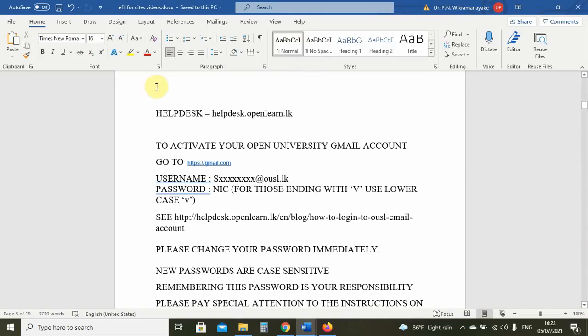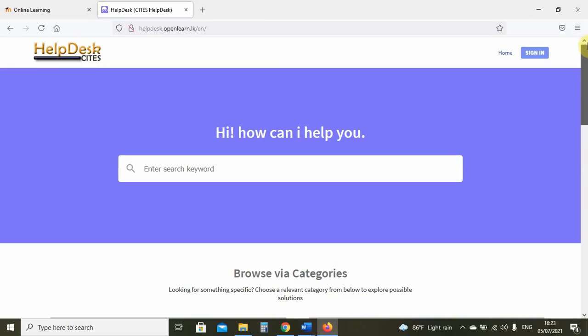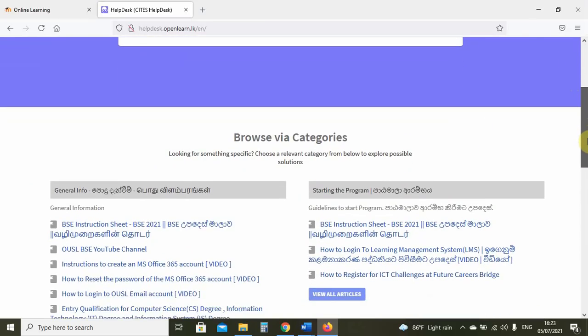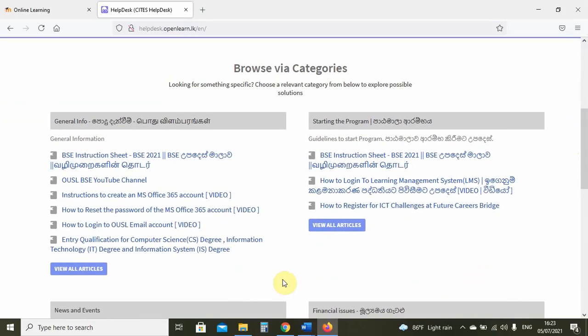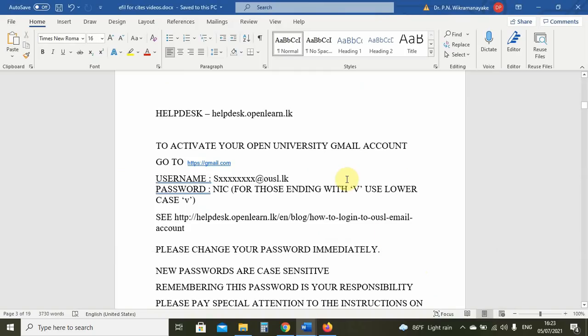The next thing I want to talk about is the help desk. So we have set up a help desk to assist people who have problems. This is the first page of the help desk. This is a work in progress. It is being developed every day. And one thing we are working on is translations to Sinhala and Tamil for those whose English is still not as good as it should be. Right? We will come back to the help desk later. In the meantime, let us continue.